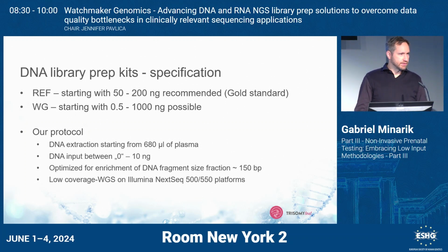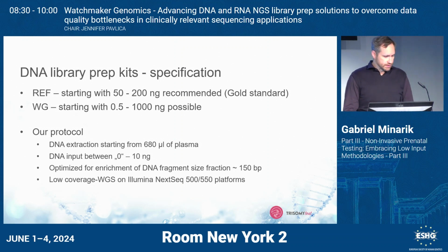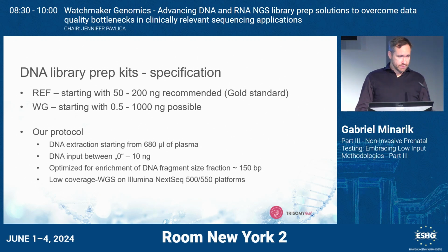Basic difference, and especially historically, the TruSeq Nano, or the Illumina, was recommended to start with 50 to 200 nanograms. We never get these high numbers from the DNA extraction that we are preparing in our labs. Nevertheless, this method is still running also with a much lower concentration successfully, as we know from our history. But Watchmaker Genomics directly recommends or enables starting with 0.5 to 1,000 nanograms. And this is something that we are looking for, so to start with very, very low concentration or amount of